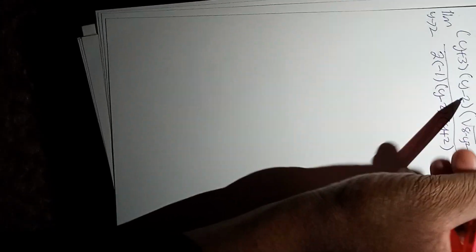And now we have factors that cancel, like y minus 2. And now we can insert 2 into the limit